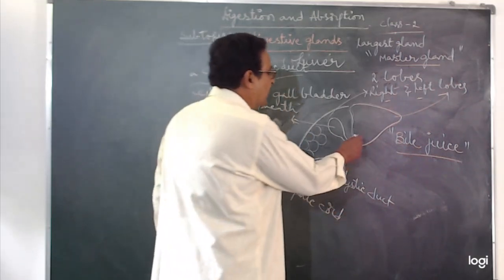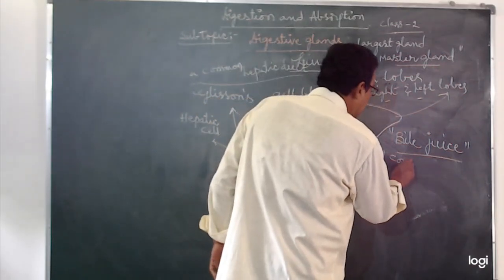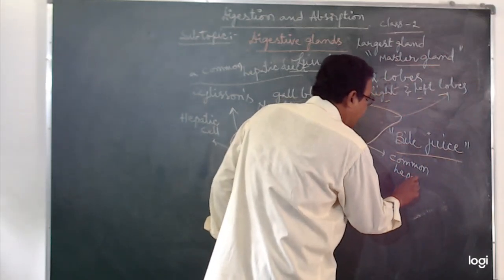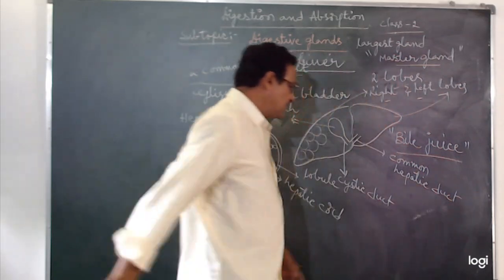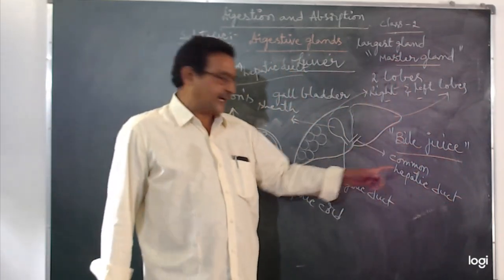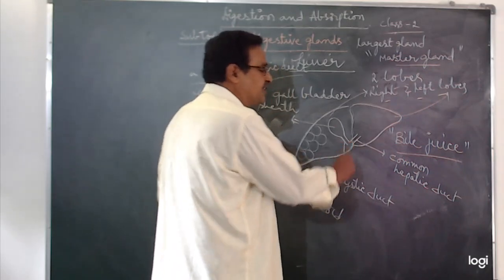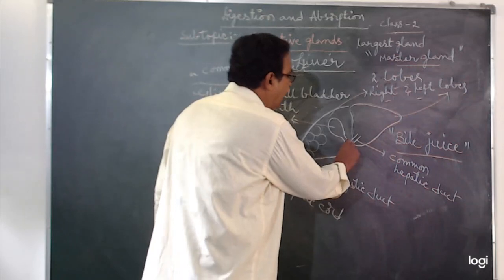So, for example, this is the common hepatic duct. It will join with a cystic duct which is given by the gallbladder and